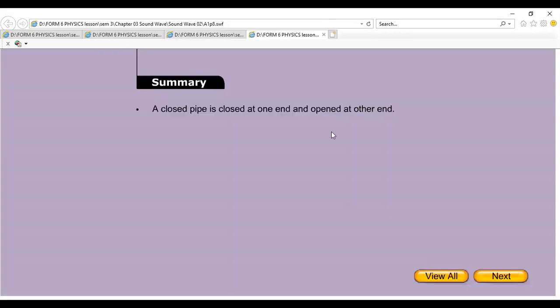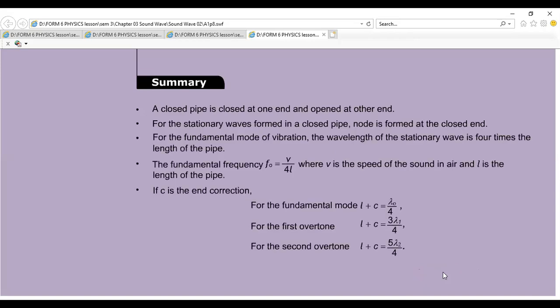So as a summary, a closed pipe is closed at one end and open at another. For the stationary waveform in a closed pipe, a knot is formed at the closed end. For the fundamental mode of vibration, the wavelength of the stationary wave is 4 times the length of the pipe. The fundamental frequency F0 equal to V over 4L, where V is the speed of sound in air and L is the length of the pipe. If C is the end correction,